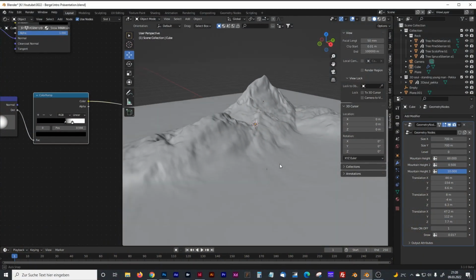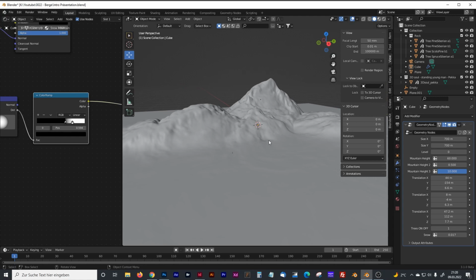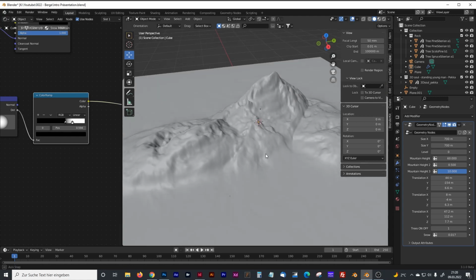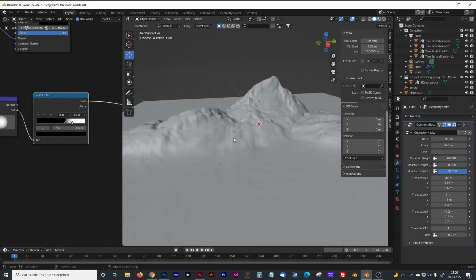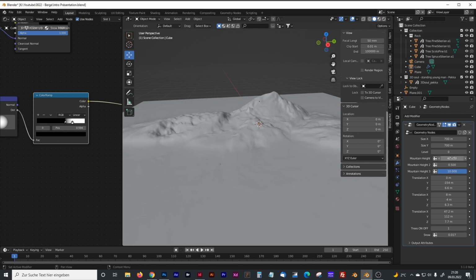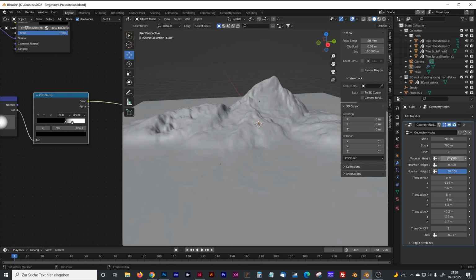Everyone, today I want to show you how to create that mountain scene in geometry nodes. You can add or subtract some mountains, and you can change the position of your mountains, for example like that, and you can rotate them. You can of course change the height of your mountains. You can add some more details,